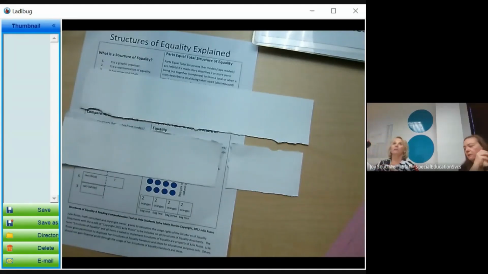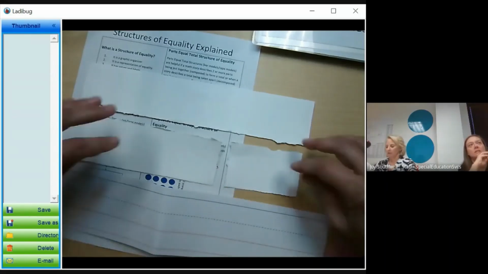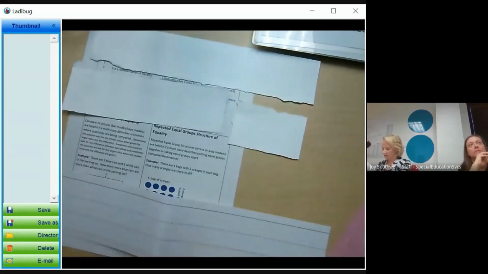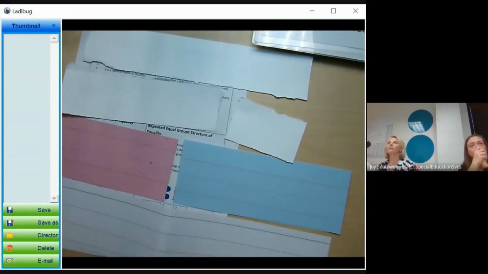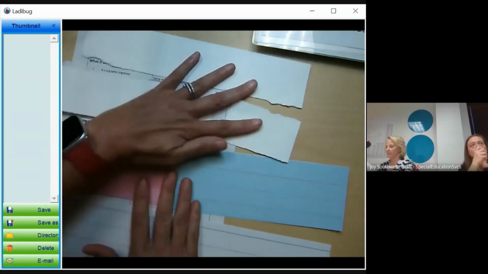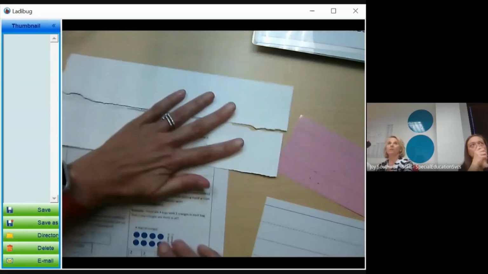Doesn't matter how big or small you make one or the other. And if you can get your hands on some of these pre-laminated sentence strips, these are really a great resource to use. Great resource. All right, so now that we have our paper strips cut up, we're going to go back